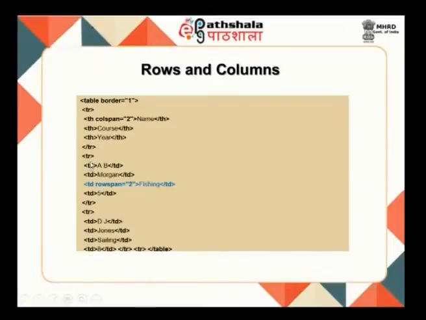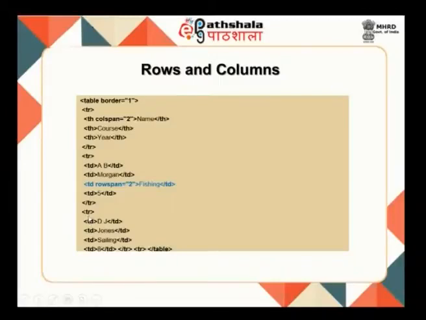When you look into the second row, we can see that the first cell has a value like AB, the second cell has a value like Morgan, whereas for the third cell the row span is given as 2, so the value fishing in that cell would span over 2 rows, and then the next cell has a value like 5. So now the second row gets over.